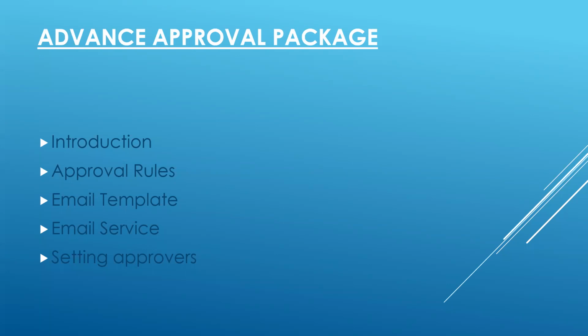We have an approval package. So for this we have an approval rule. In the approval rule we need to mention the approval chain. First we need to make the chain, like finance one, sales one, whatever we have. Then we need to have the approvers record. In the approver record we mention users, like what all users we have. And if we have a group, we can mention the group.